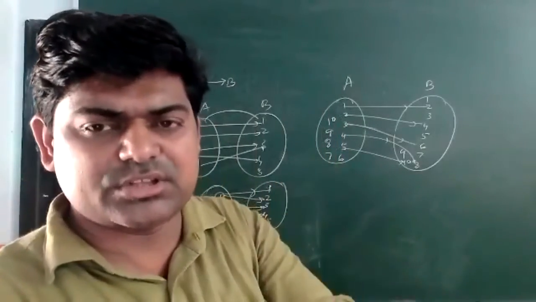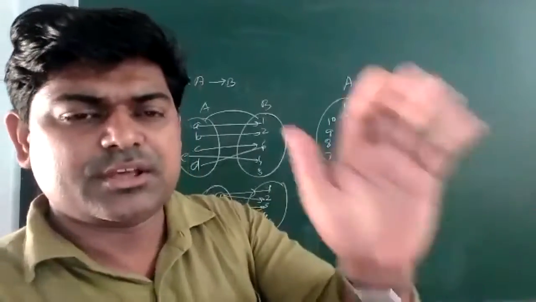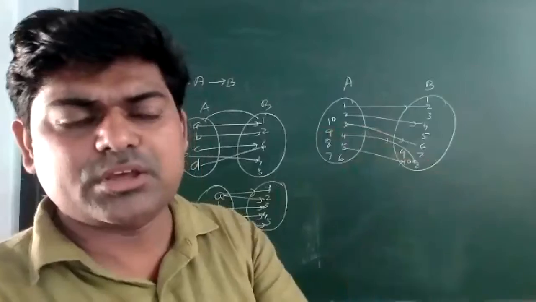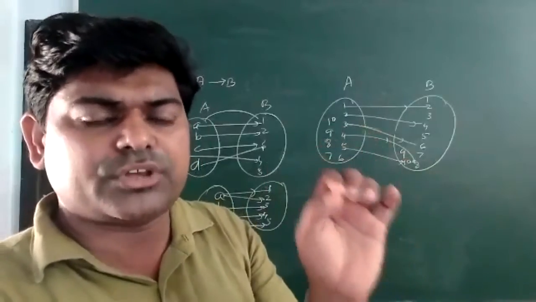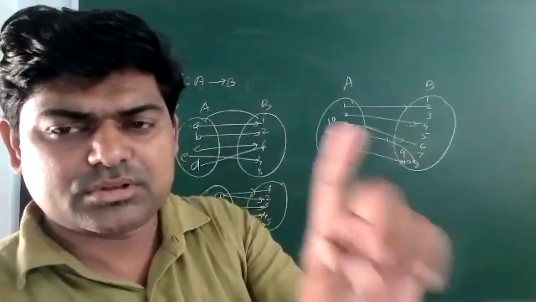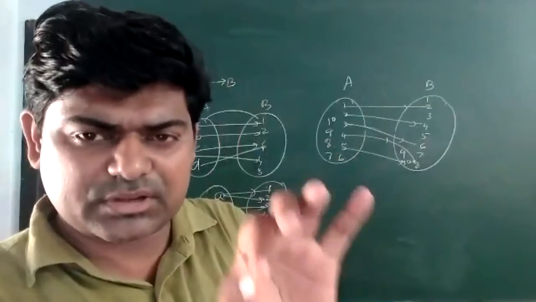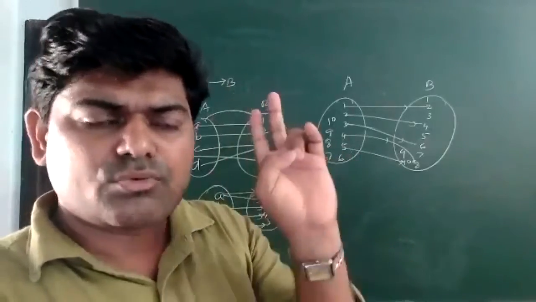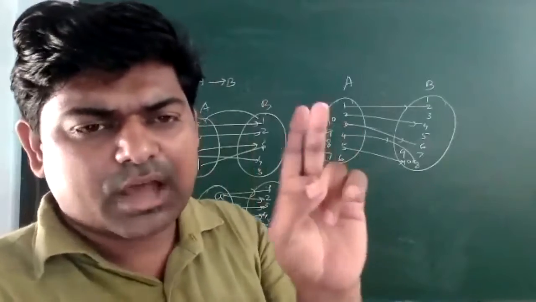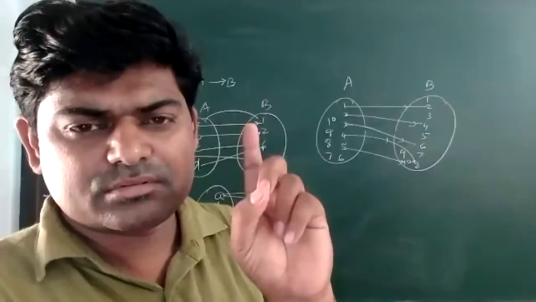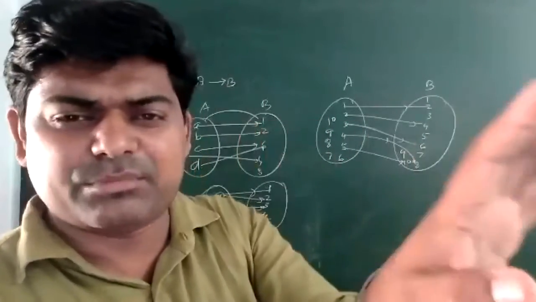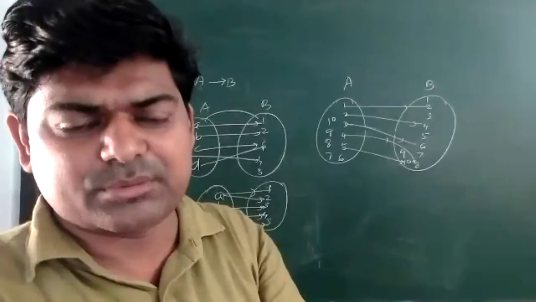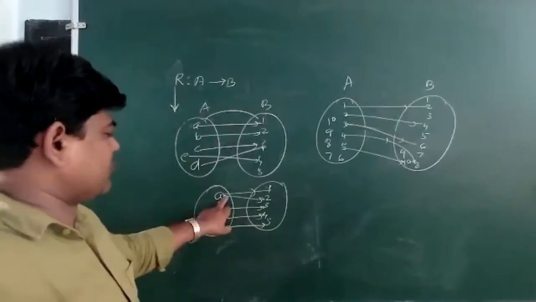If a relation is defined from one set to another set, and these sets are named, suppose, A and B, relation is defined from A to B. So every element of A should have a unique image in B. In A, I should not have a single element which has no image in B. That is the first case. Second case, one element of A has only one image in B. More than one can have the same image, it's okay. But one element can't have more than one image. This condition cannot be followed.